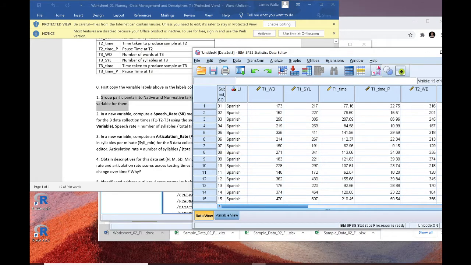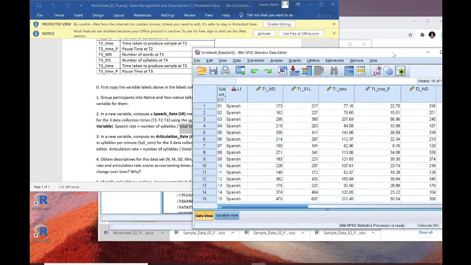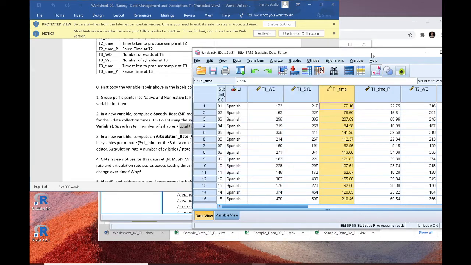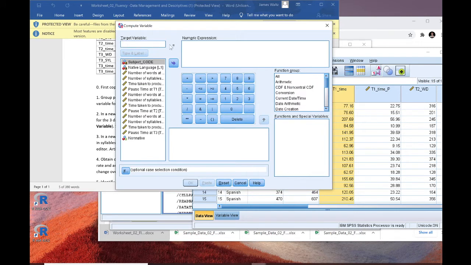So to do that, we can take a look here. We're going to be using the compute variable. Basically, the total time of utterance here, as it's put, is going to be this time. And we're going to multiply that by 60, just to have that in seconds correctly. So the way we're going to do this is we need to use the compute variable function. So compute variable, and our target variable will be T1